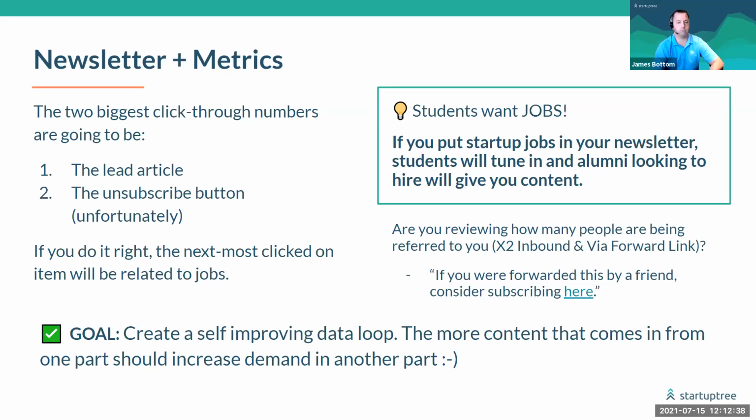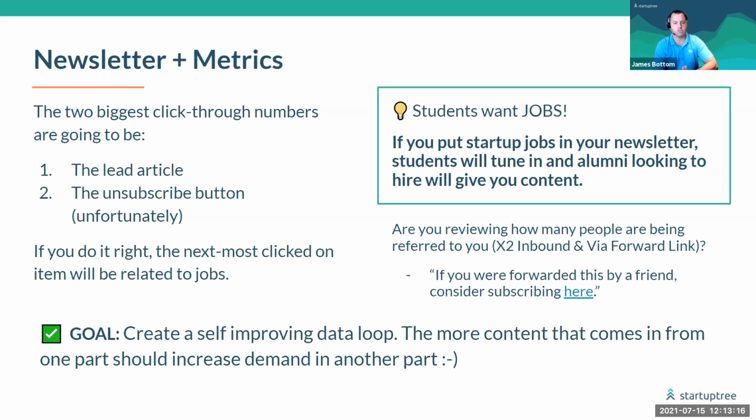So y'all know that the number one article in any particular newsletter is going to be the thing that is most clicked on, and that's normal. Unfortunately, the second most clicked on thing is usually the unsubscribe button. There's always a delicate balance of continually adding new subscribers through doing events and adding other distribution lists where possible, against the number of unsubscribes that are coming up. There's always going to be a churn, but if you're providing the right types of content, you're going to end up not only increasing subscribers, but you're going to create a self-improving data loop. And we can talk a little bit more about that.